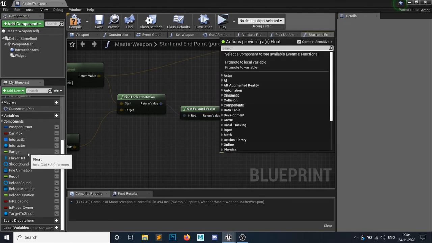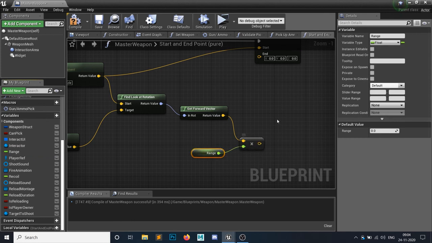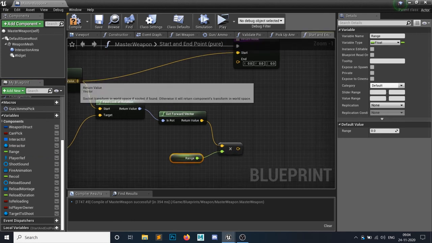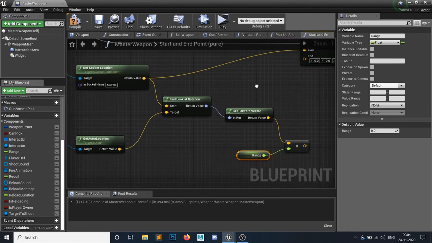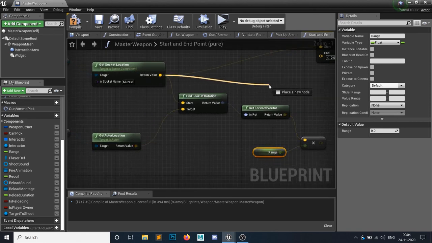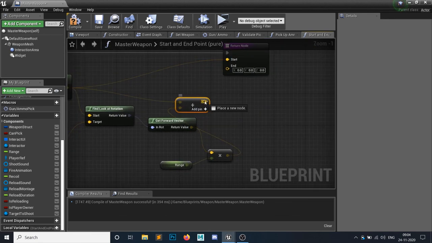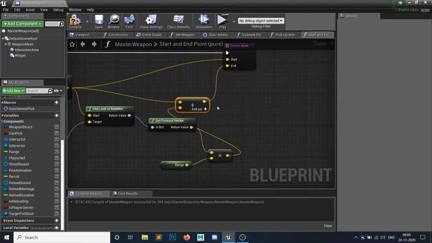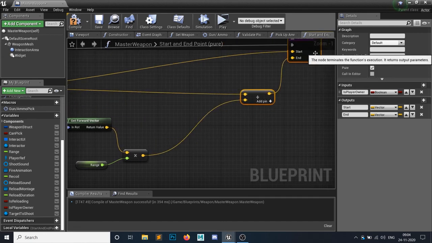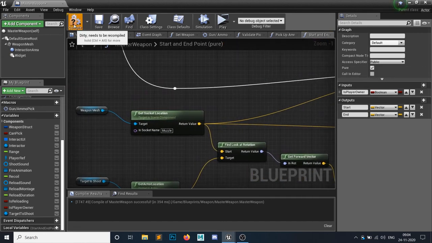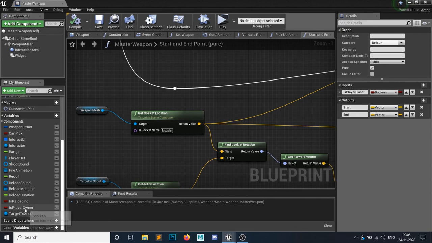So the range, this one. And let's add a plus vector from this starting point of the muzzle to this one, and this would be your ending point. So if it's not your player character, then you simply have to set this to false.